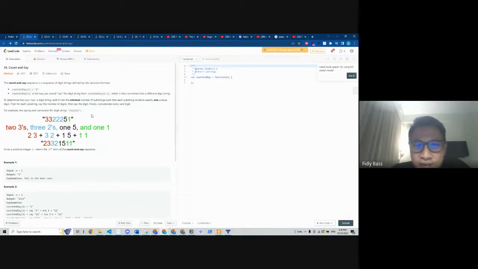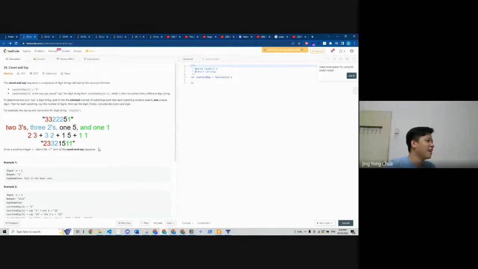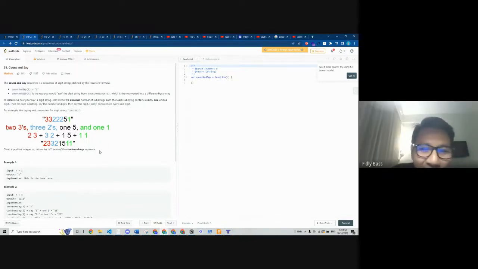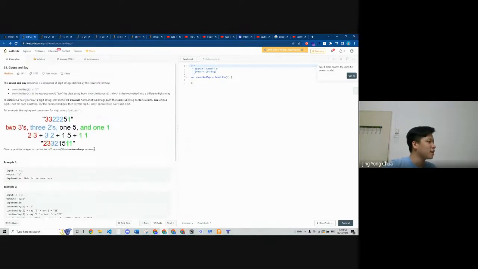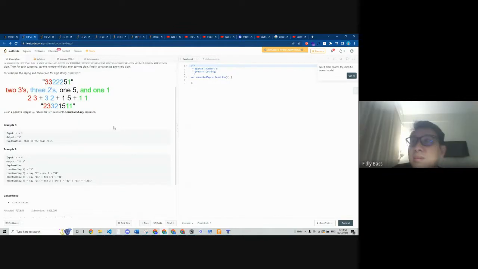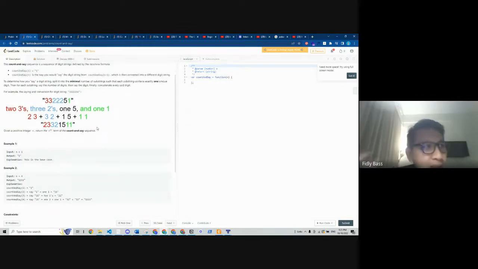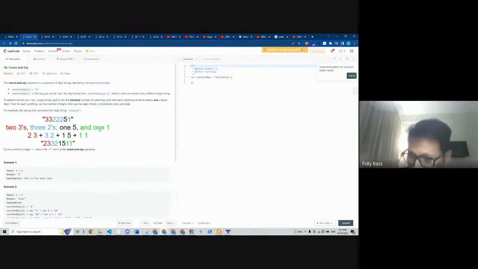What function to use? Looks like regex, huh? Regex is recursive, right? Sorry, I don't think regex is recursive. Regex is regular expressions, right? But what's the return value? I forgot already.